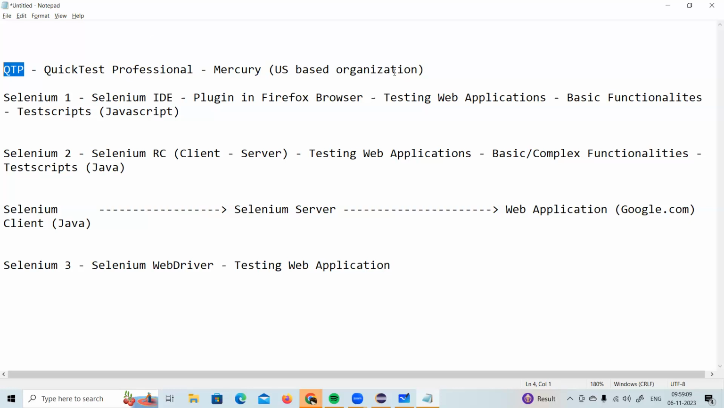Suppose you have a requirement in your project where you want to do web testing, then definitely you can consider Selenium because it is open source. It has plenty of advantages. We will now see the advantages of Selenium 3. With Selenium 3, you can test all basic as well as complex functionalities. And the test scripts that Selenium WebDriver is going to create,